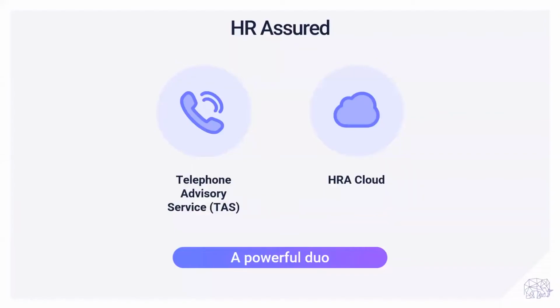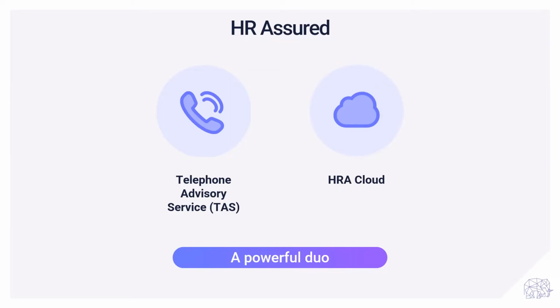Your organisation has chosen to partner with HR Assured to help manage the compliance of your HR processes. With HR Assured, you don't have to be an employment law expert to ensure compliance. You now have access to a telephone advisory service and HRA Cloud. This advice line provides people managers with direct access to HR Assured in relation to your day-to-day employee and safety management responsibilities and legal obligations. You can seek advice on any matter, big or small.